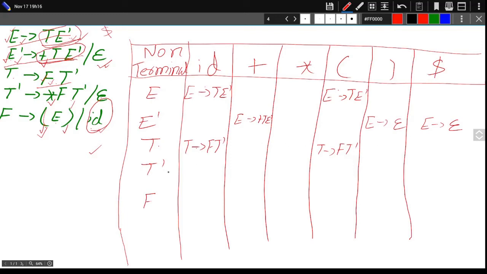Now the next thing, it is T dash. T dash is here. This T dash, the first of this part is start symbol, so it will be kept here in start symbol. Is there anything in the first of it? No, nothing. So it will be kept here only. It is T dash derives star F T dash. Okay, anything else? The next thing can be